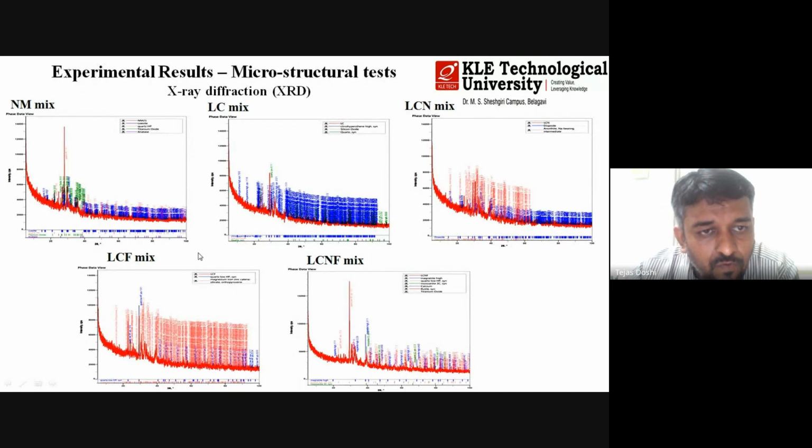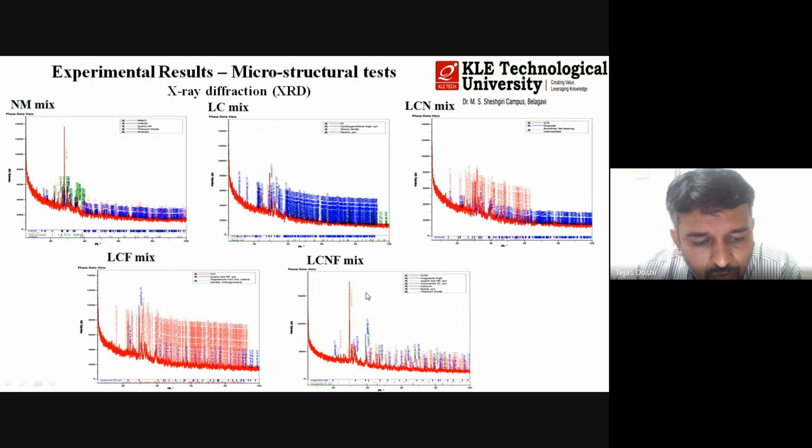The XRD pattern of the normal mix indicates that it has coesite, corzite, titanium oxide. Then the LC mix has clinohyperstein, silicon oxide, quartz. The LCN mix has diphosphide, anorthite. Then the LCF mix has quartz, magnesium, zinc, rutile, and the LCNF mix is going to have moissanite, titanium oxide, rutile, quartz,